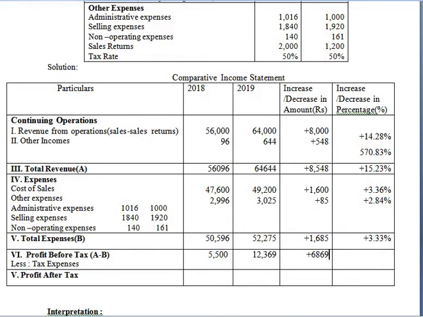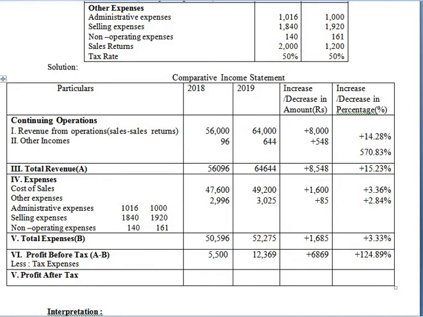How it has come? 5,500 minus 12,369. Okay. Next percentage. 6,869 divided by 5,500 into 100. So percentage is plus 124.89 percentage. Okay. Next one is profit after tax, but before that we need to find out what is the tax